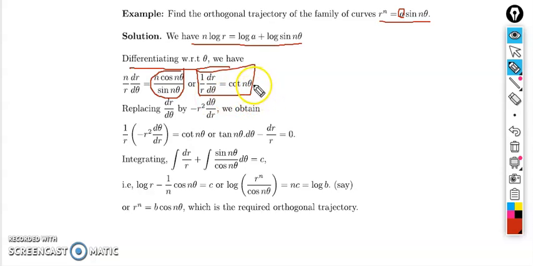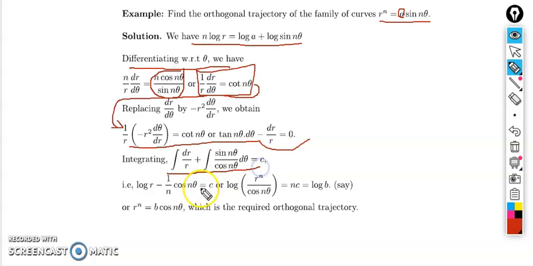When we want to find the differential equation of the orthogonal trajectory, as we mentioned in the previous lecture, if we replace 1 by r dr by d theta by minus r d theta by dr, you can easily find the differential equation of the orthogonal trajectory. Here we replace dr by d theta by minus r square d theta by dr. So this becomes the differential equation of the orthogonal trajectory. Okay, clear? After solving this differential equation, we get this result,